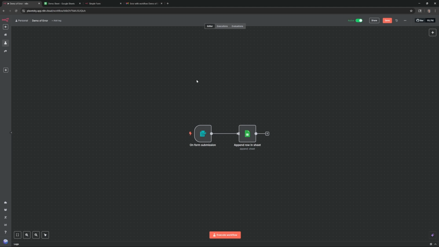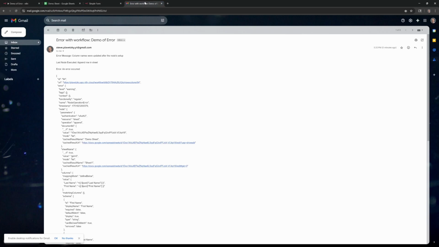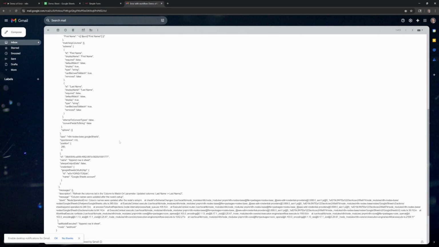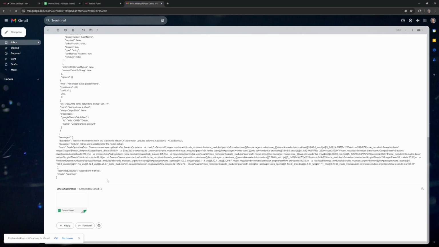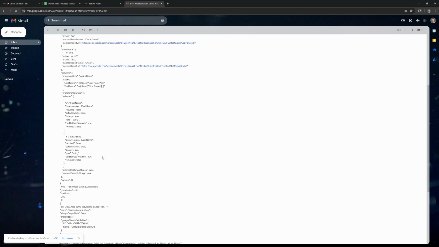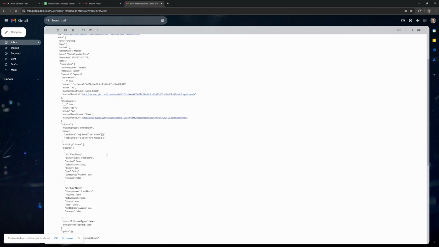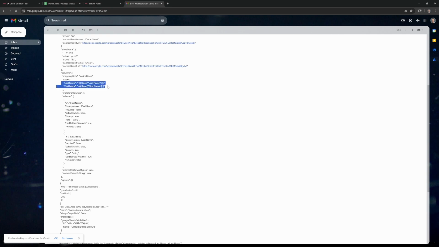This gives you a clear description of what happened. And also for those that are concerned, this is all the JSON information that you get from that error. So you can dig down through there if you really want to. It tells you the values that it received, and it was trying to match it, but it couldn't.